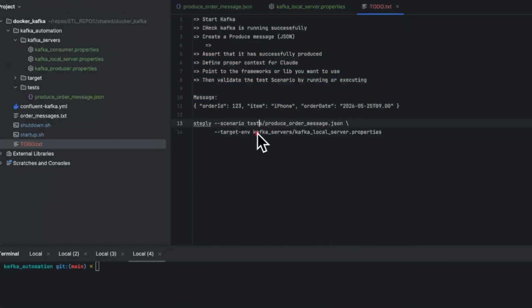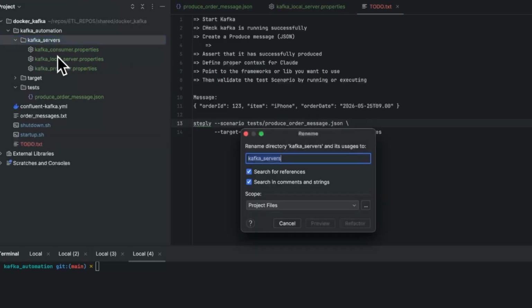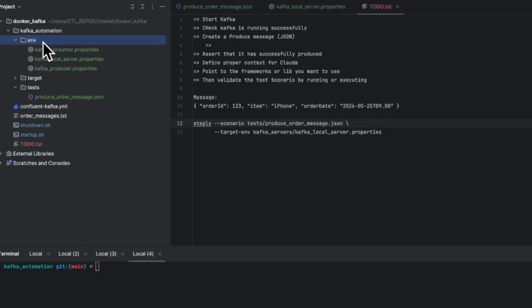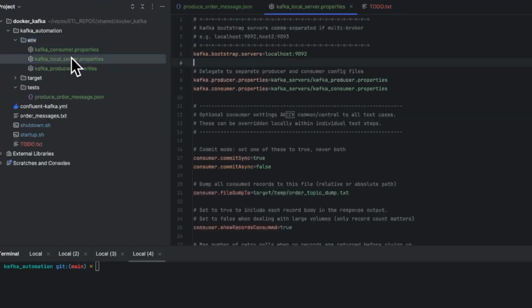So instead of Kafka servers, we can simply just keep it short, name it as environment. These are basically environment properties where we are externalizing all our host names, servers, producers, consumers into separate files. So only those you can manipulate when your server changes. env. So if you changed here, of course you would want to change here as well. env slash producer property, consumer properties. Okay, so that's pretty much, we are ready to